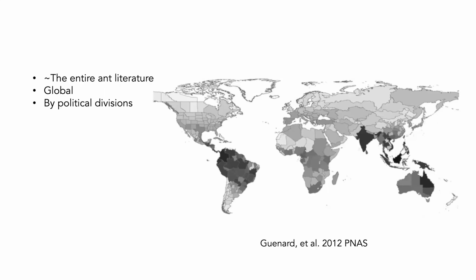Another example that I participated in was led by Benoit Guénard, who's at the University of Hong Kong now, but he basically databased the entire ant literature. Now, I say approximately the entire ant literature because I believe they still have some Russian publications that have not been digitized and they could not get their hands on. But this is ant species richness by political divisions. And this is the amount of effort that went into making this map, if you sum across all of the collections that were made and published in the literature: literally tens, if not hundreds of thousands of hours to get this data.